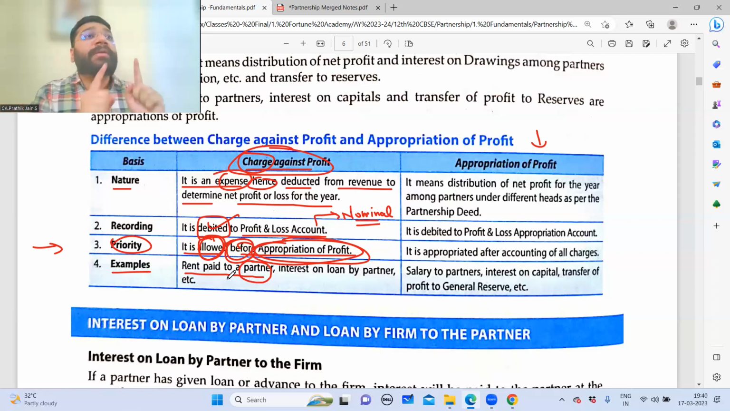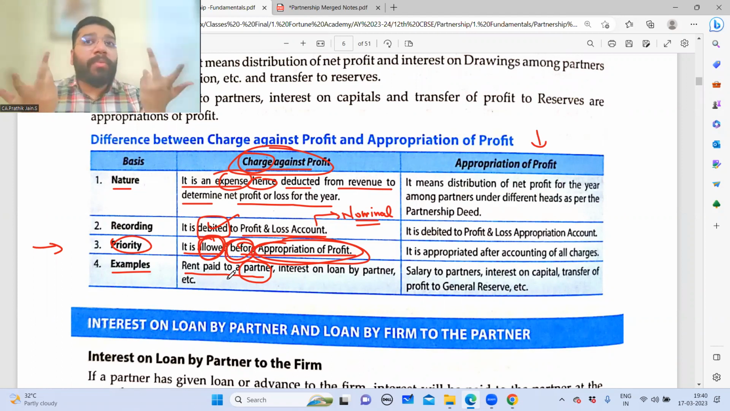Second is loan given by partner to firm. So firm will pay interest. This interest is also by default a charge against profit item only. Had you taken the loan from the third party, how you would have paid the interest? The same commitment you should have towards the partner also. So interest to be paid by the firm is treated as charge against profit. Which means you will record that in the P&L account. So rent and interest on loan by partner will be recorded in P&L account as charge against profit, which means